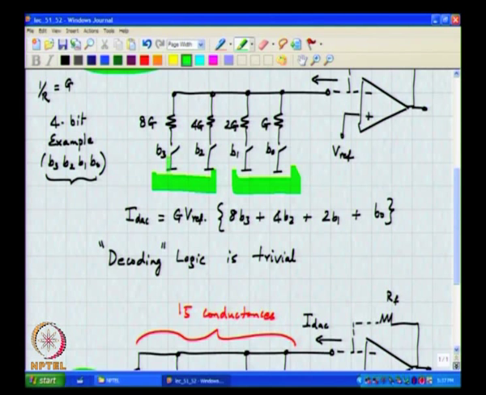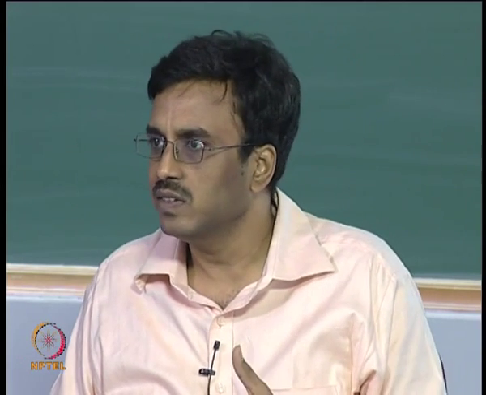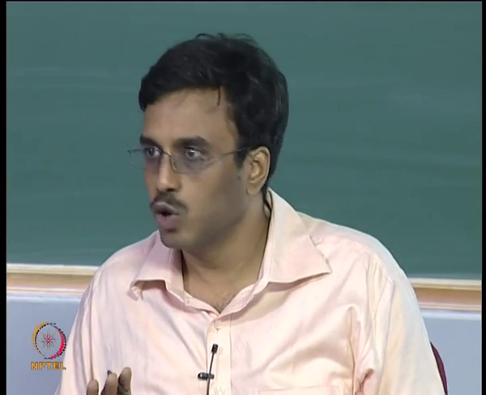Right. For example, instead of having B2 and B3 control 8G and 4G, I could take B3 and B2 and generate 3 control signals which go and control 3 conductances of 4G each. But these, what I have shown here, represent the extremes as far as decoding complexity is concerned. One is very simple to decode and the other one is very complex to decode, especially as the resolutions become larger and larger. I hope you see this.